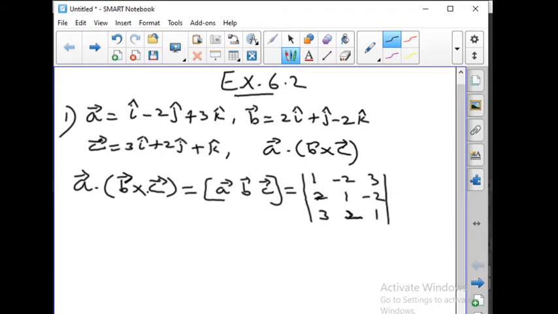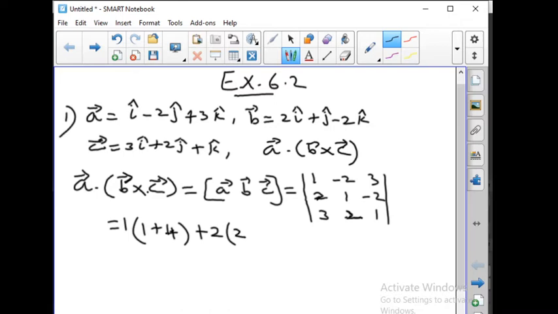So we have to find this. You know how to expand this. So it is equal to 1 into (1 plus 4), minus 2 into minus 2 gives you minus 4, and we have in the formula minus, so it is plus 4. Then we have minus 2. Minus 2, according to the concept, becomes plus 2. When we expand we give a minus sign there, so minus minus becomes plus 2